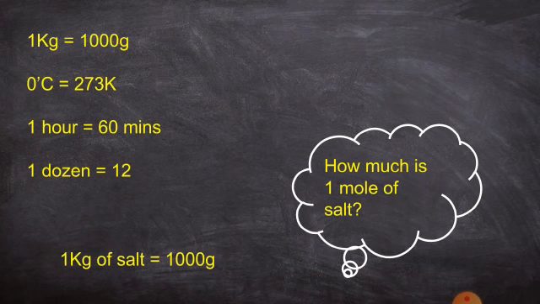As you all know, 1 kilogram is equal to 1000 gram. If you take 1 kilogram of salt, that is equal to 1000 gram. You can find out for 100 gram also. Then how will you measure 1 mole of salt? You know that the formula for salt is NaCl. It contains two atoms, sodium and chlorine. A combination of two atoms results in the formation of NaCl molecules. So how much is 1 mole of salt? How will you measure? Let's see.